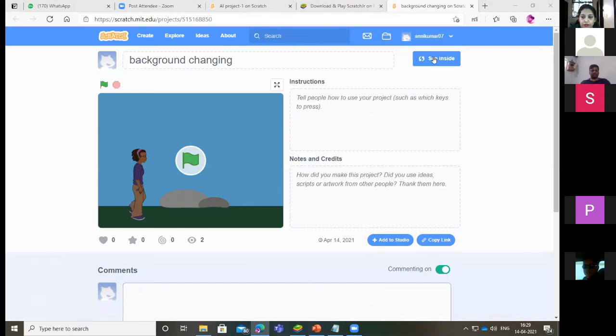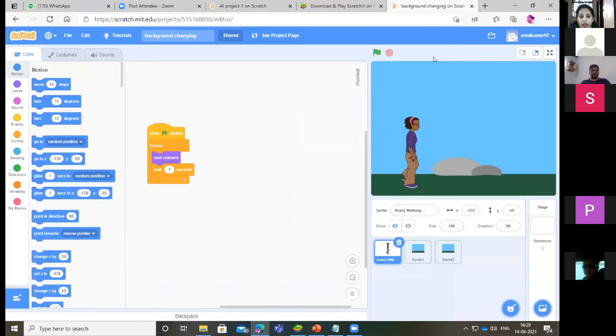So now see this, we have to look inside how it is being created. Now see, basically this background is not a background. It is looking like a background, but it is not. Instead, we have created a sprite. Now how to create that sprite, I will tell you. It is very easy to create.